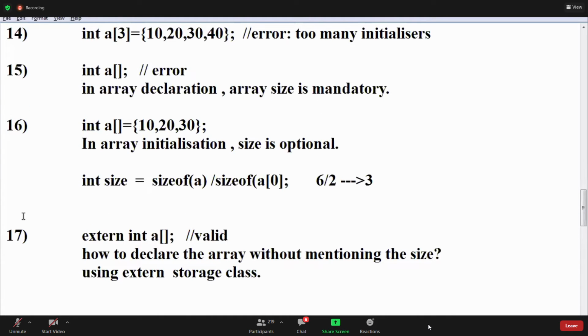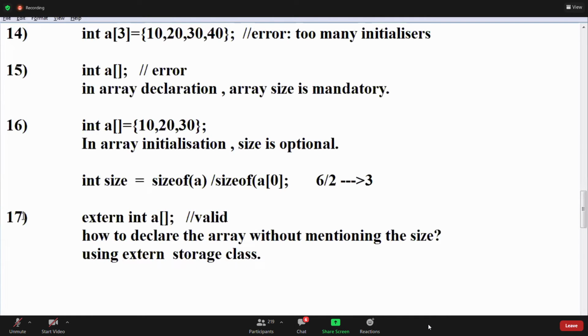17th. Eighteenth one. Right, what is the 18th one, guys?